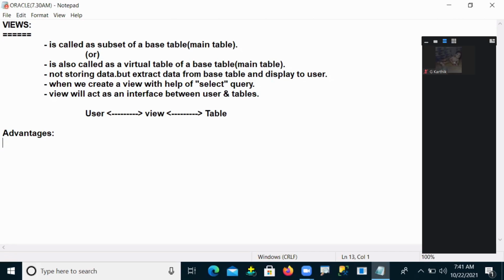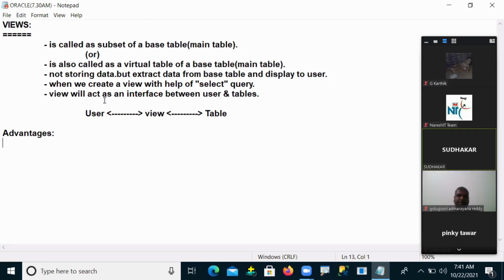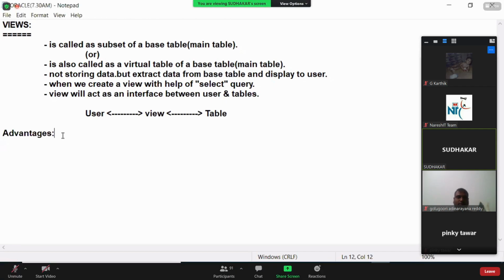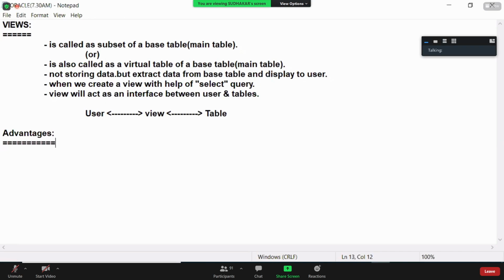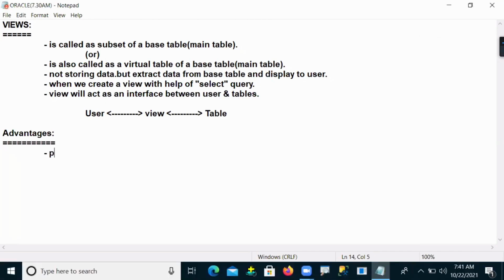The first thing is that it provides security for your table data. That is the first point: providing security.